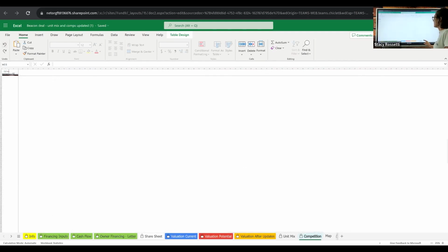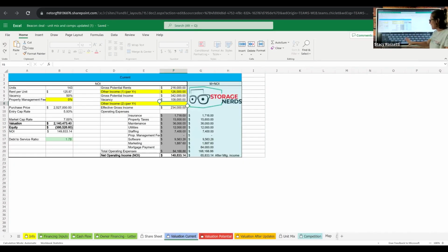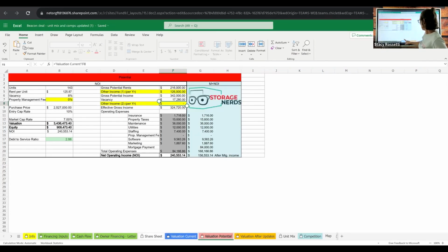Okay, so we did competition, and we did unit mix, competition, info, and then remember we're going to do valuations. Now we evaluate 3 different ways, right? Current, potential, and after updates. Current is here, right? So we have other income, $126,000, which is what they're making from their commercial retail space. They have some really nice offices they're renting out. And so we just kind of left that number here, and in the potential,